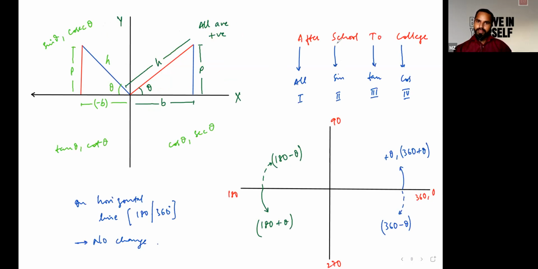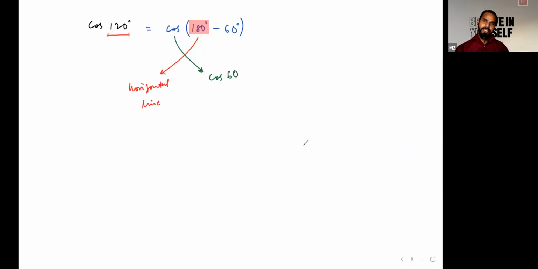In second quadrant, only sine theta and its reciprocal, that is cosec theta, will be positive. The rest of the whole term would be negative. So we can write a negative sign in place of it. So it will be minus cos of 60 degrees, which equals 1 by 2. So it will become minus 1 by 2. Is it clear to everyone?